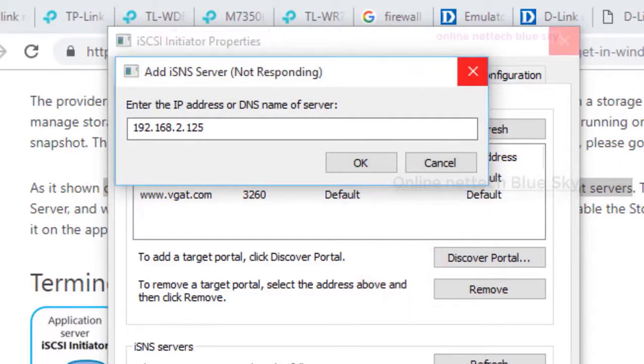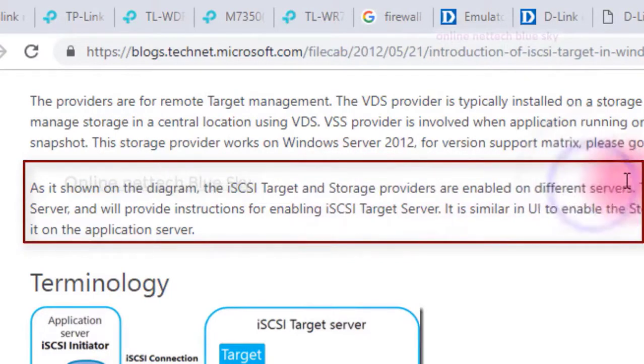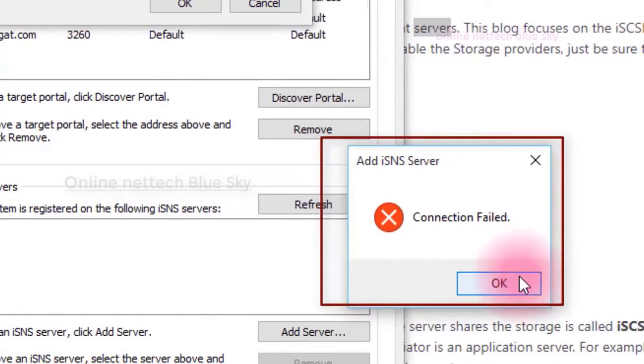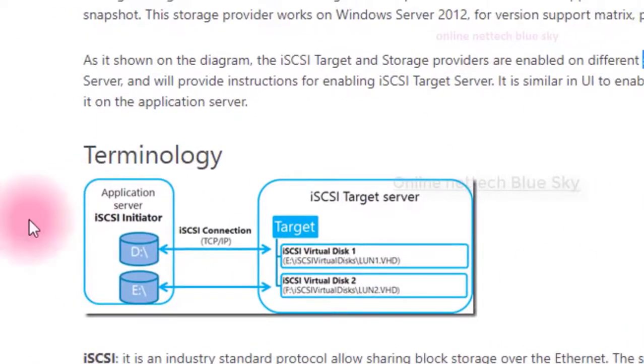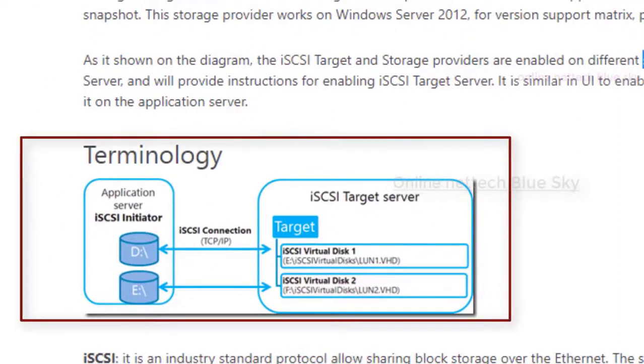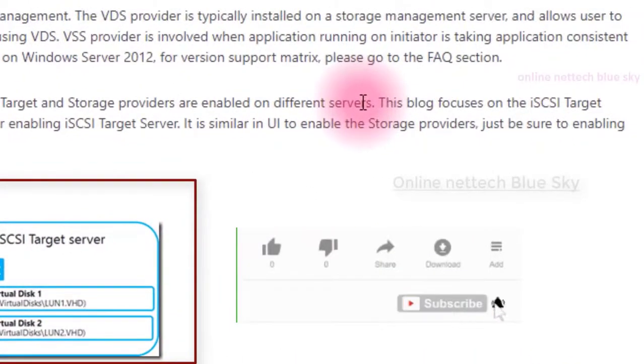Especially important is your iSCSI system's main computer IP version. You can see the server does not fail here because this is mine. I have no server, but I'm just showing it, and I will make an iSCSI server in my computer, in my server, in the playlist and create server topics.